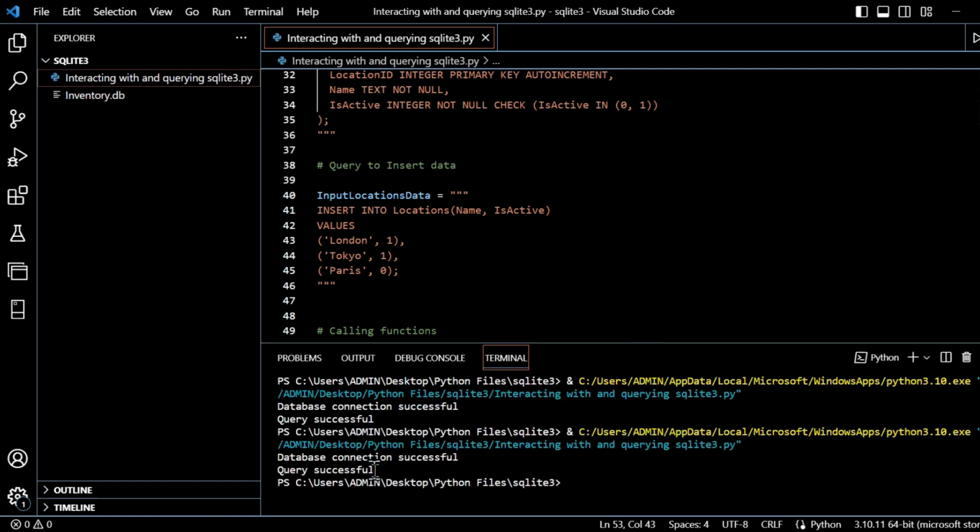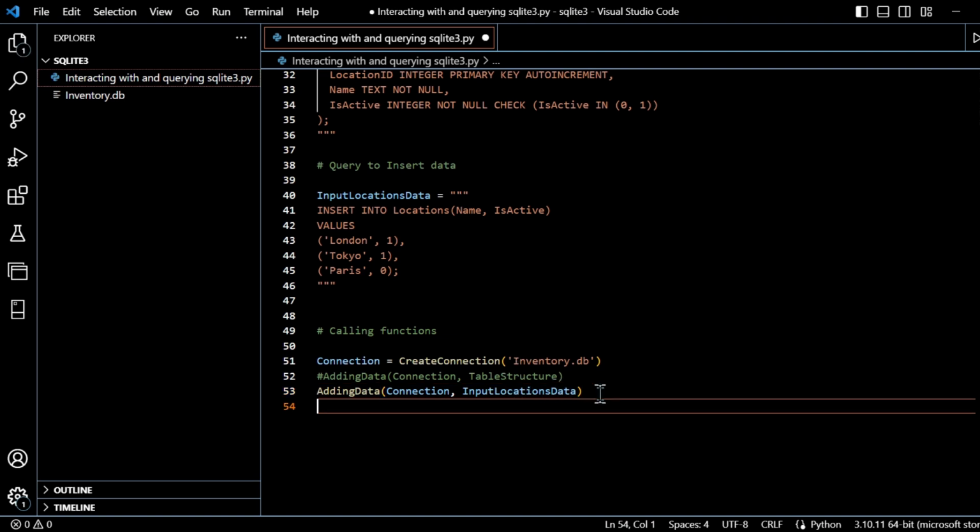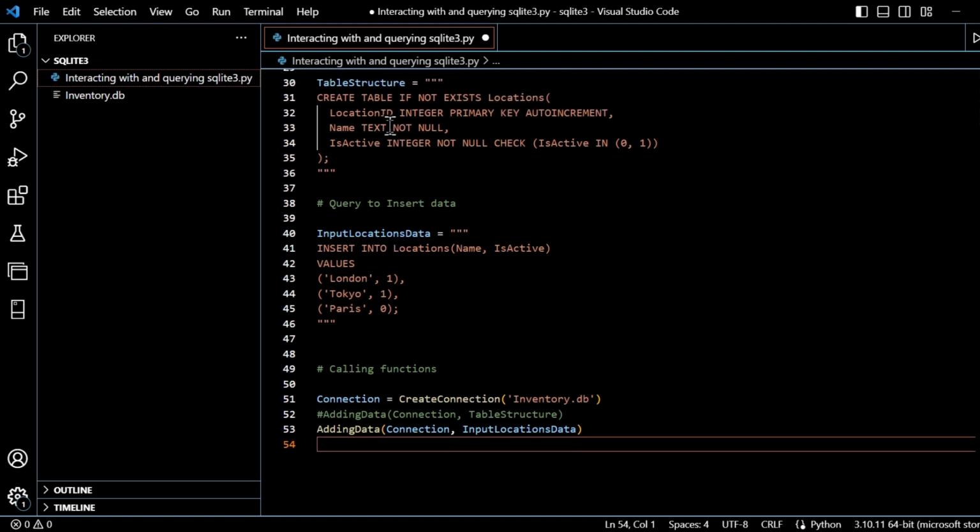And we will see we commented out the line above, so we should only have one message for query successful. So that's worked. So now we need to get to the final stage where we actually go ahead and query the data to check that it's in the database and it looks right as per the way that we've set things up. So as we can see, we've put in the name, London, Tokyo, or Paris, location name, is active,